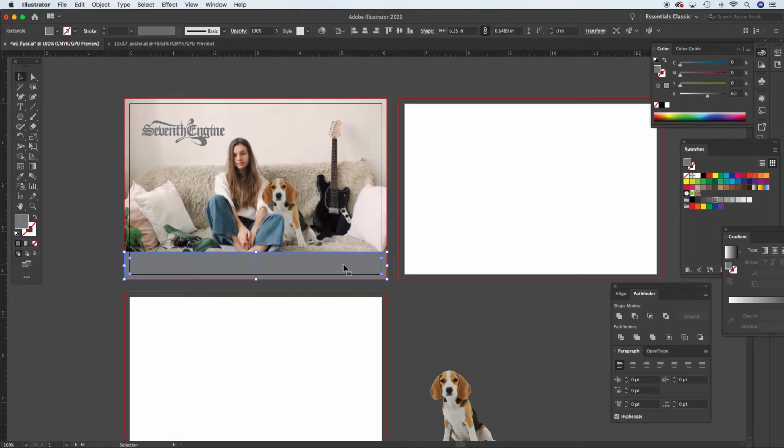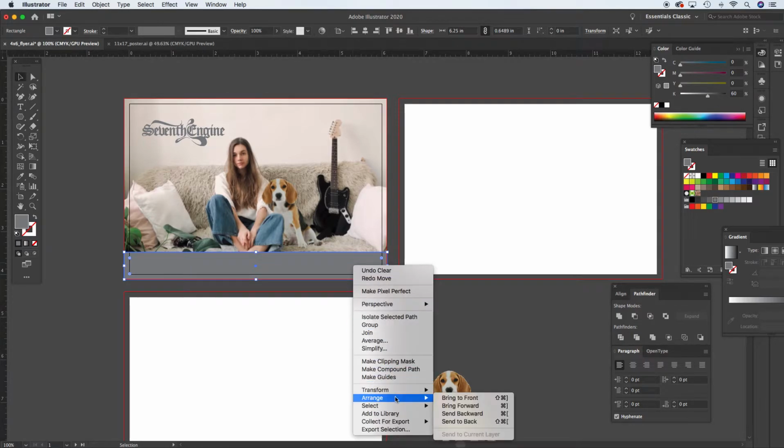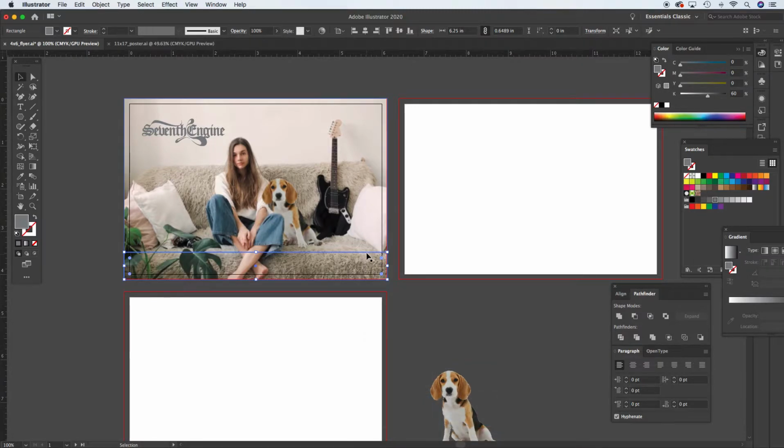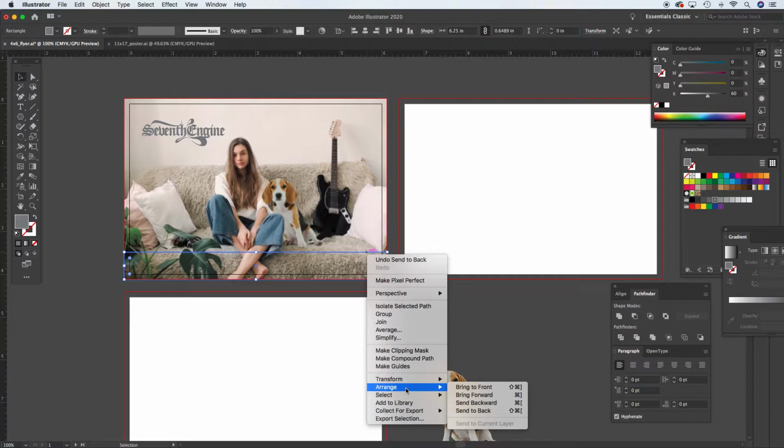Being a flyer, maybe you're going to have your layout, your sketch, and so on, but you want to be sure that you're arranging these things appropriately. So if I right click on this and choose arrange, which you may remember also from InDesign, I can send it to the back, and then it's going to be hidden. So you're still working in not necessarily layers, because I haven't worked on any different layers, but you're working in order of placement on the page, the way things have been placed. So I'm going to bring this back to the front,